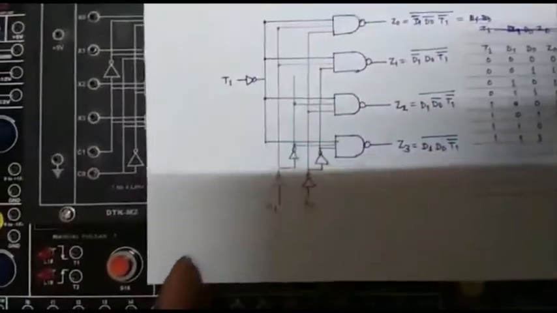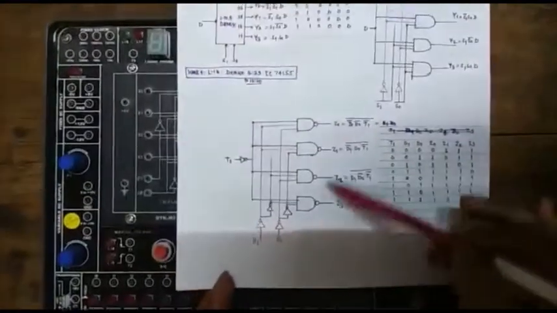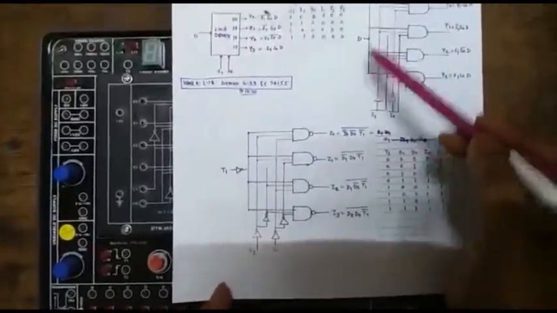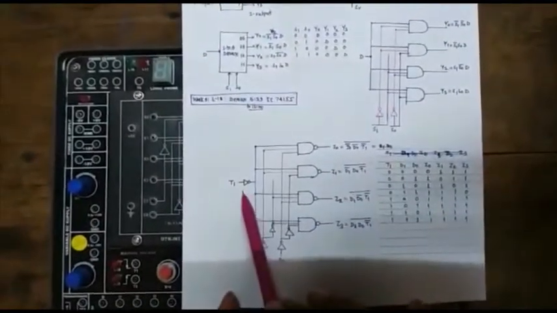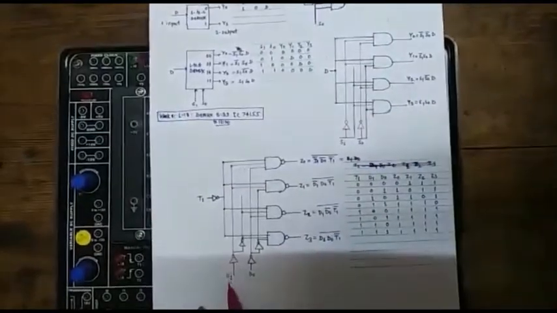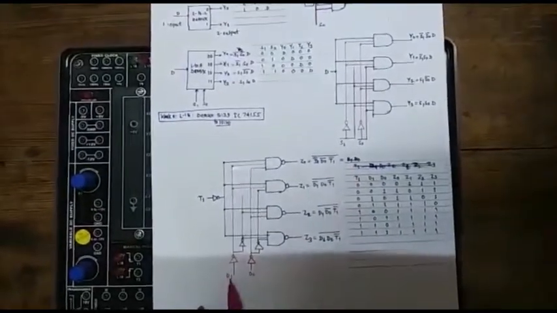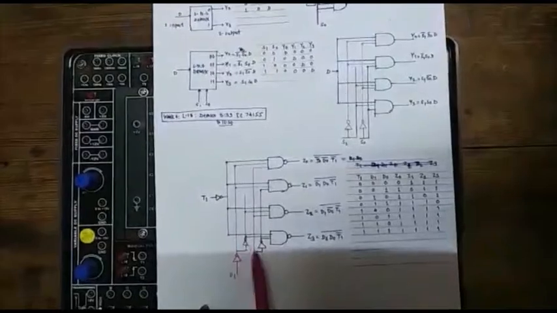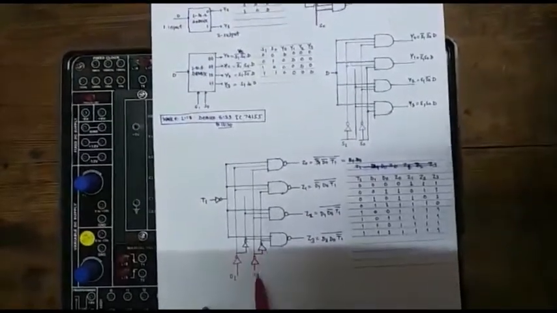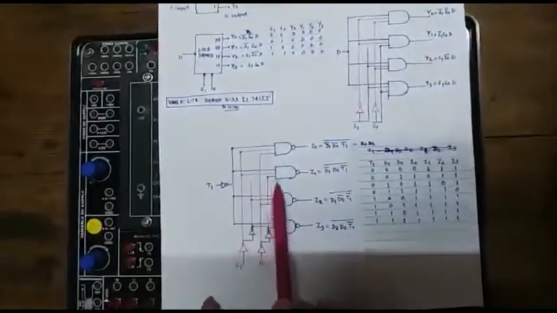Now the circuit used on this board is somewhat similar to this circuit. The only difference is that in place of these AND gates, NAND gates are used over here, and therefore at the input side there is also one inverter used. S1 and S0 are similar over here, only here S1 is replaced by D1. So D1 is here, the inverter and again an inverter, means this is actually D1 and D1. Here is an inverter, here is an inverter, means this black line is nothing but D0 and D0.